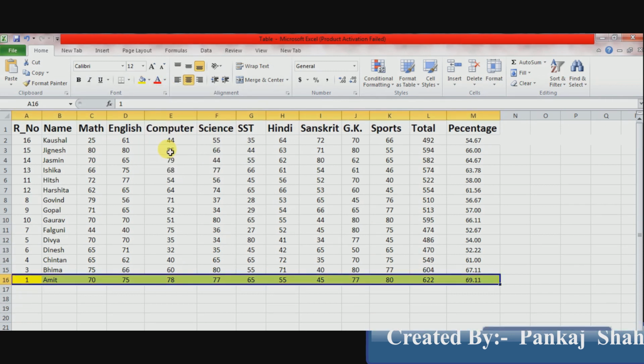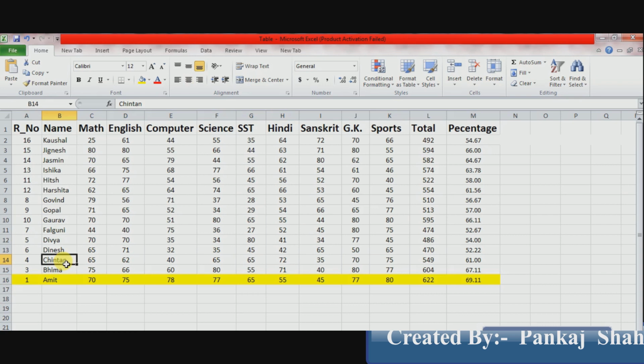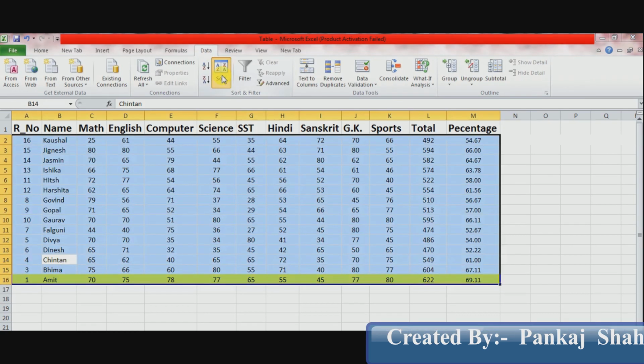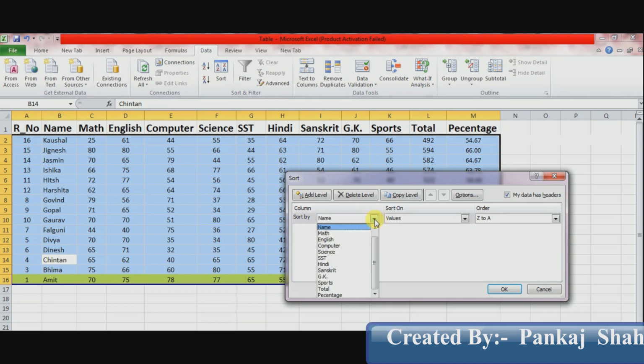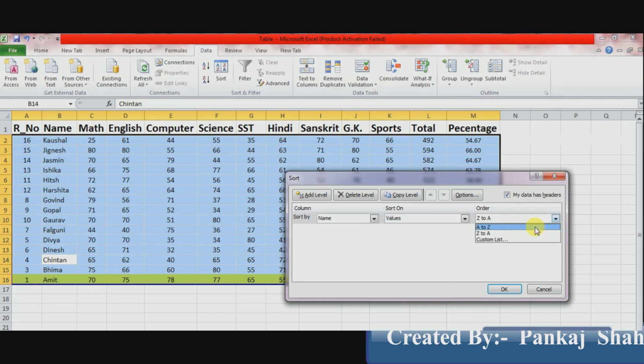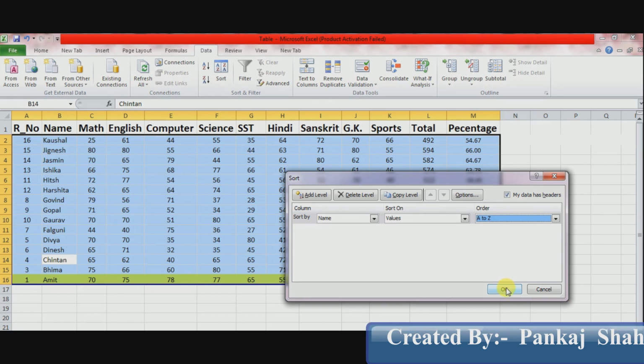Now once again I go to the data tab and click on the sort button. Once again, sort by select name and sort on values, and then in order, click A to Z. Okay, now see the result of all the records. I just click OK here.